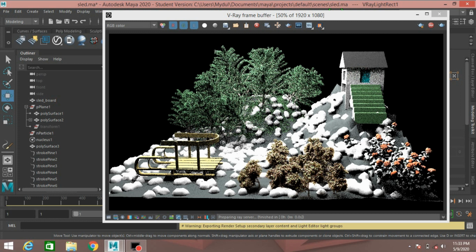This is the difference between Arnold renderer and V-Ray engine renderer system.